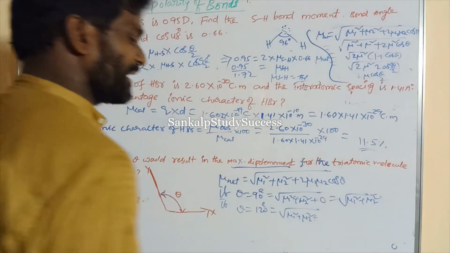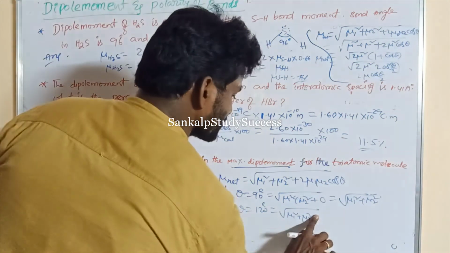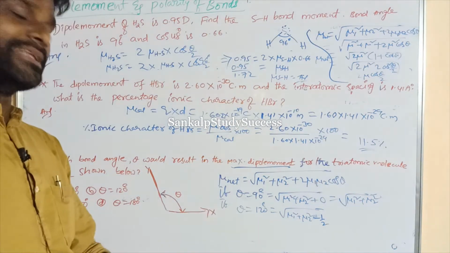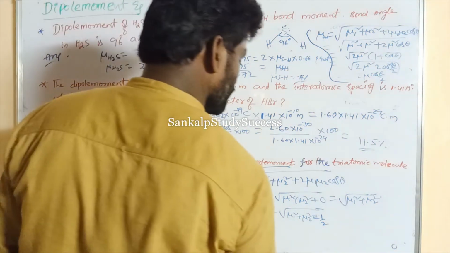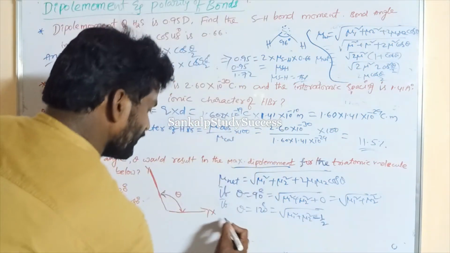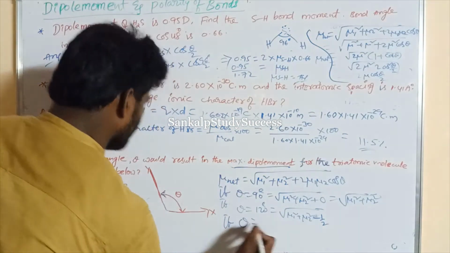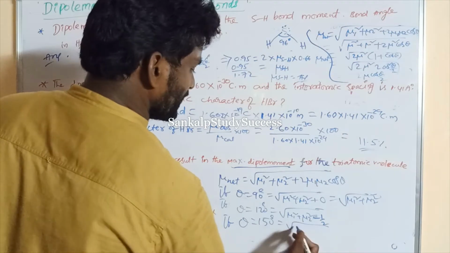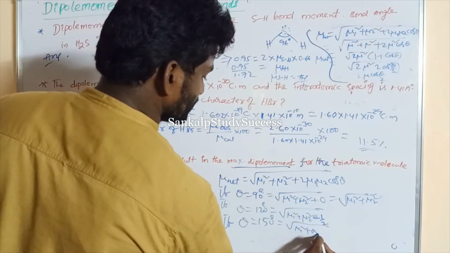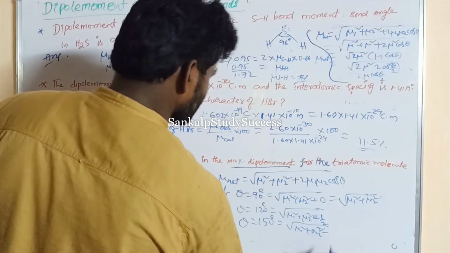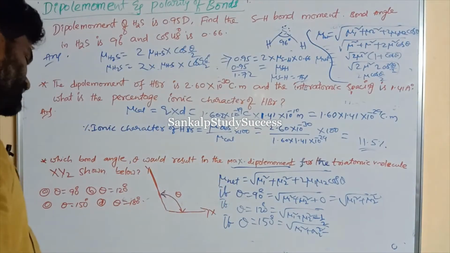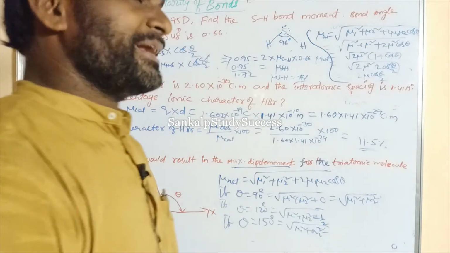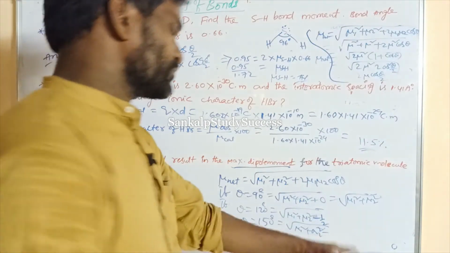Minus sin 30 means minus 1 by 2. Cos 120 is equal to minus sin 30, and sin 30 has the value 1 by 2. So this is the reduced value. If theta is equal to 150 degrees, it is also mu1 square plus mu2 square minus, cos 90 plus 60, that is minus sin 60. Minus sin 60 means minus root 3 by 2.